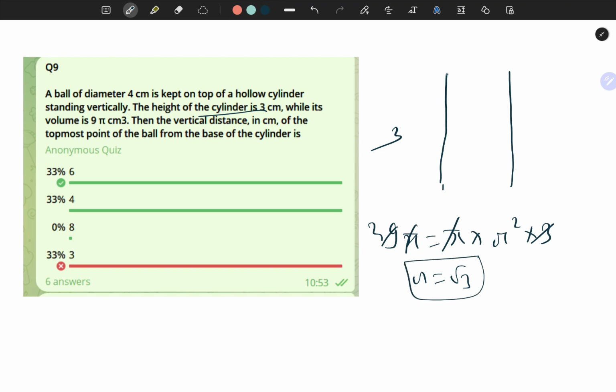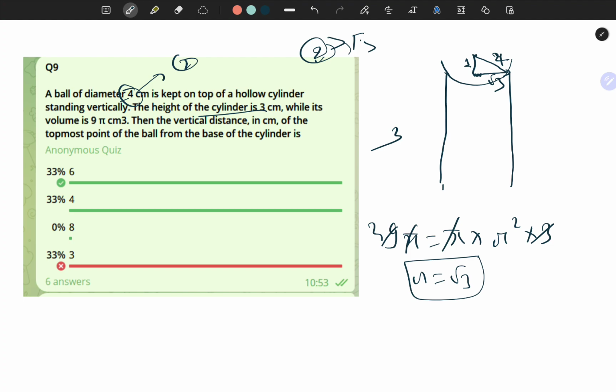Okay. Now a ball is kept. See, this radius is root 3, and radius of this ball is 2. Now 2 is greater than root 3, which means that ball will be placed something like this, because 2 is greater than root 3. So ball would be a little upward. Okay, so say at this point, this is root 3 and the center of this ball is this. This is diameter 4, so radius is 2. And this particular length will be 2 square minus 3, so this will be 1.